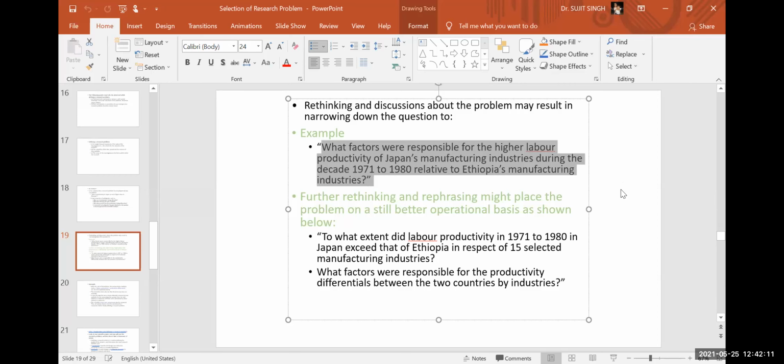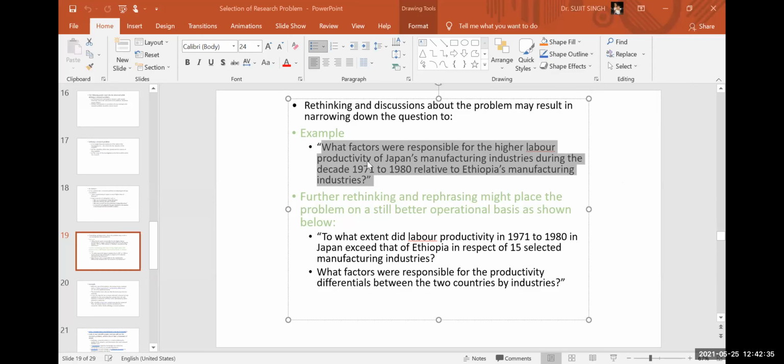What factors are responsible for the higher labor productivity of Japan's manufacturing industries during that decade? Now here comes the time period also, 1971 to 1980, relative to Ethiopia's manufacturing industries. Right? Now here you can see